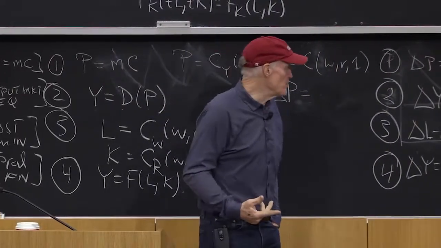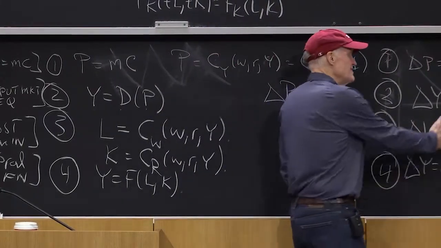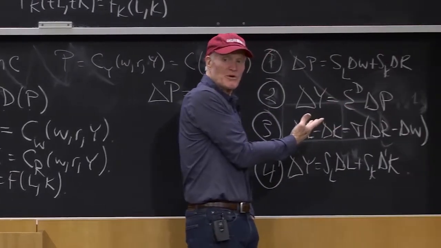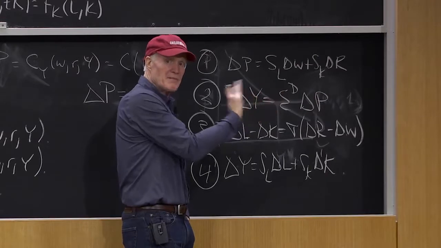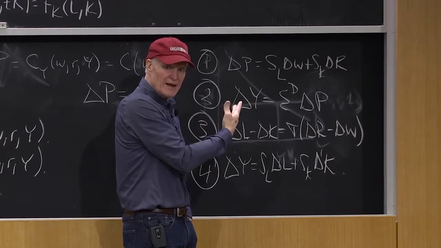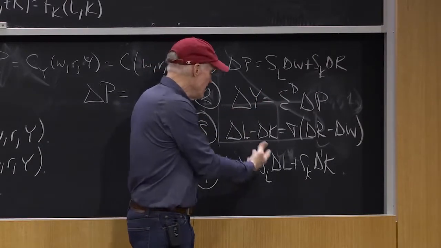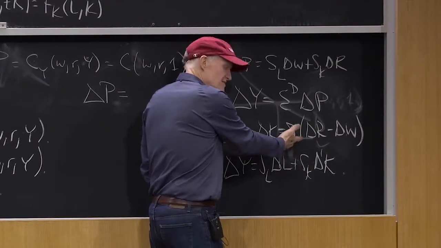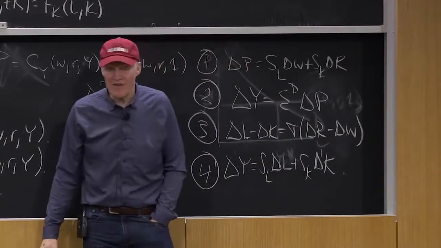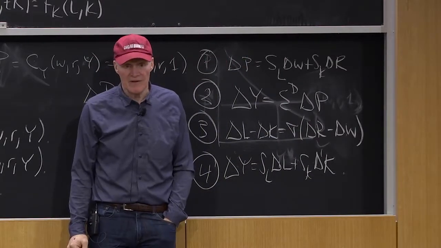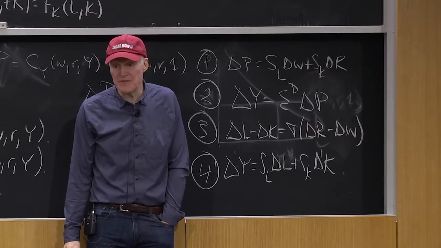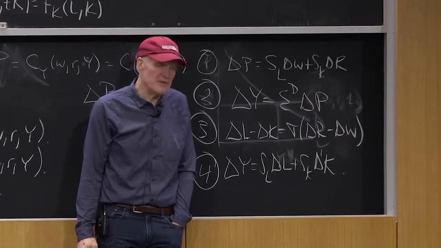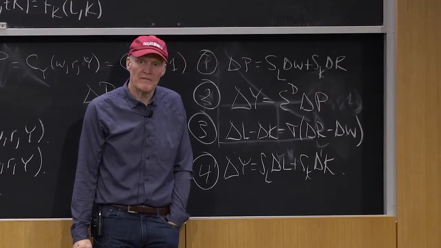And another way you could bring that in is to allow the elasticity of demand to be different in the short run and the long run. That is, demand might be more elastic in the long run, might be less elastic in the short run. Bring that into the problem. Same is true on the substitution side. The sigma may depend on the short run versus the long run. That is, the amount I can substitute, how much I'm tied to a particular technology, could be different in the short run and the long run.